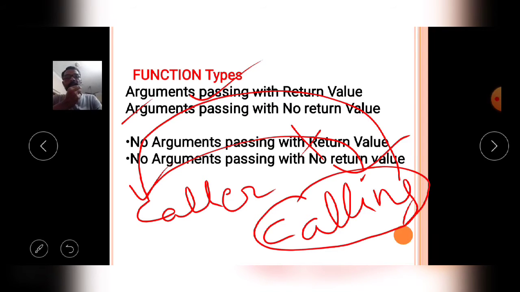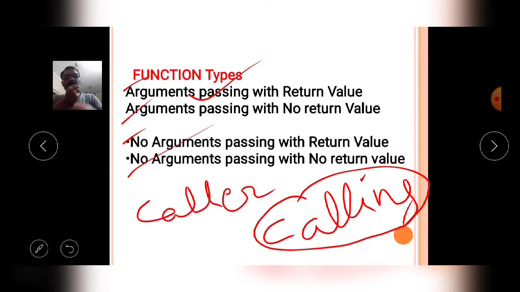Then last one is no argument passing with no return value. In this concept, the fourth one, no values, that means arguments, are passed from the caller function to the calling function.